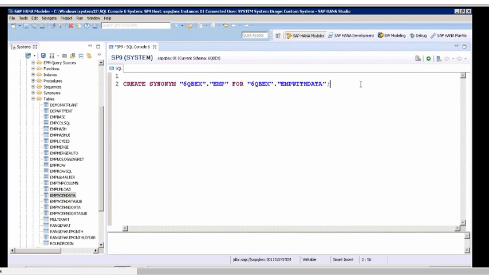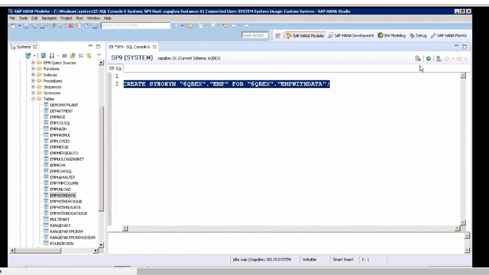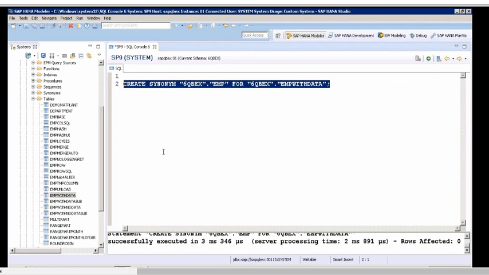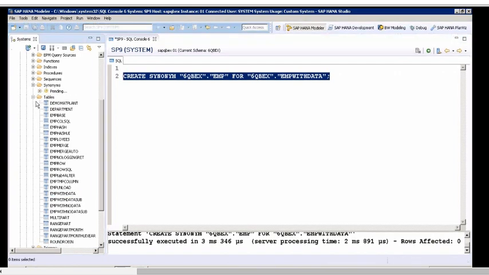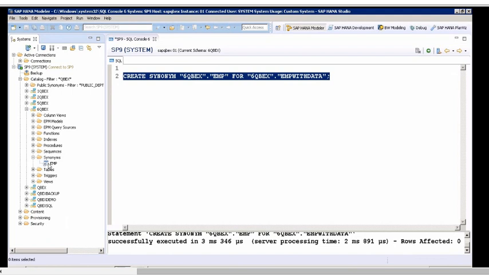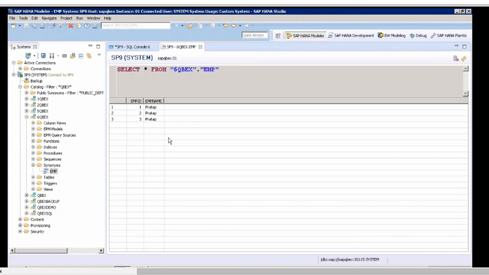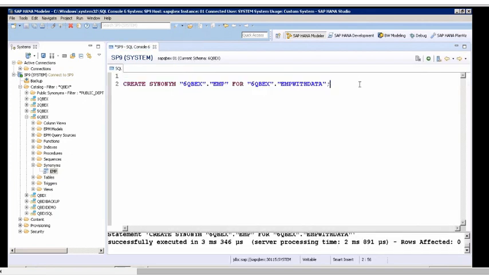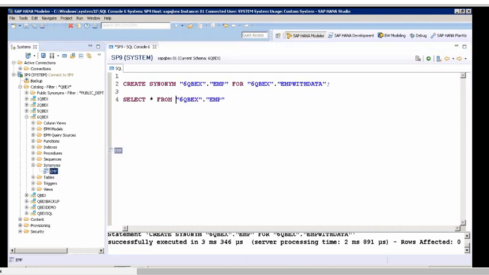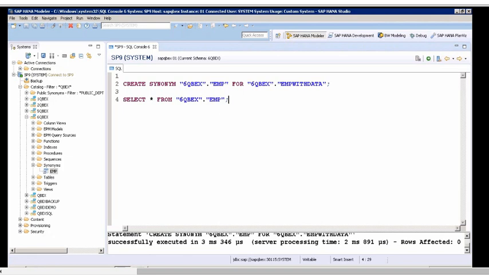So the EMP synonym is like a shortcut to my main table, an alias name for my table. Now once that is done, if I go to the synonyms folder, you see a shortcut symbol on the table. Now right click on this table and view data. It is showing data of what? The main EMP with the data. But now, instead of saying select star from EMP with the data, can I say select star from EMP? I'll be leveraging it as if it is a normal table, but internally it refers to a different table.